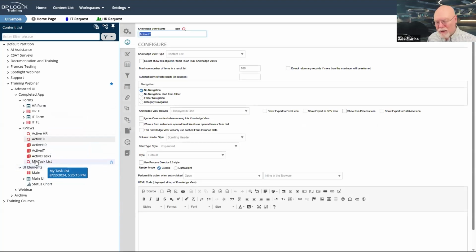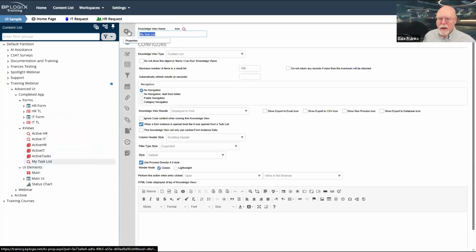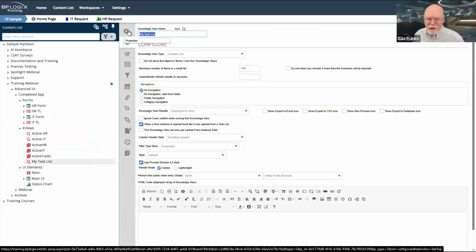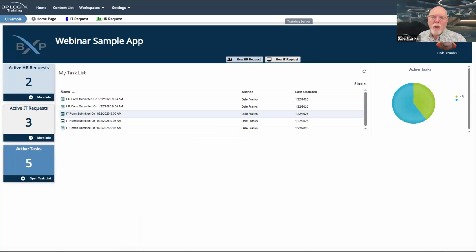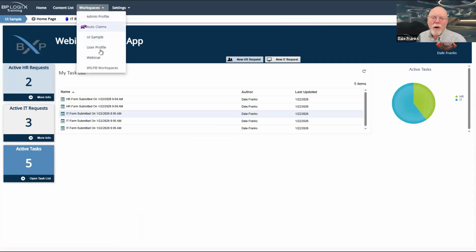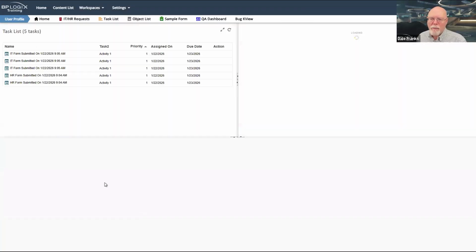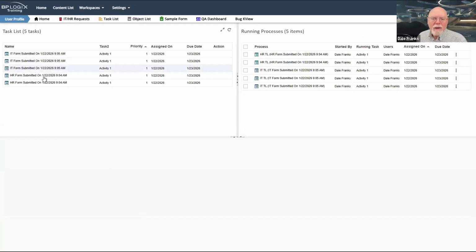And then I have a custom task list, and this is worth talking about. Now, obviously, you have the task list in Process Director. It's a global knowledge view, and it shows you all of your tasks. So whenever we look over at the workspace for the user profile, so here's my task list.